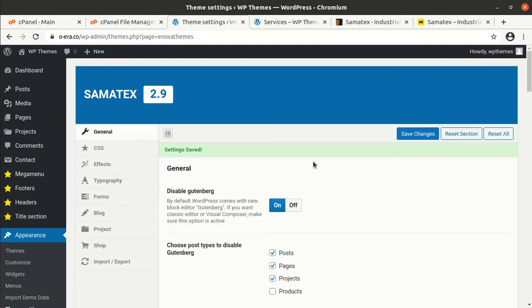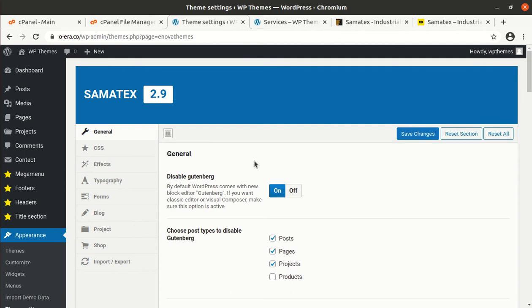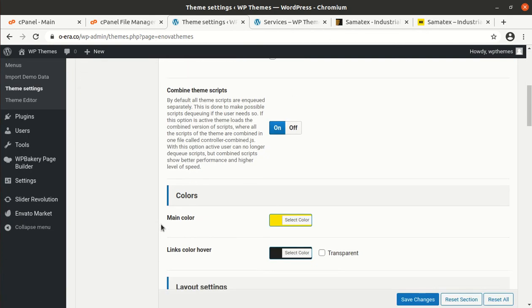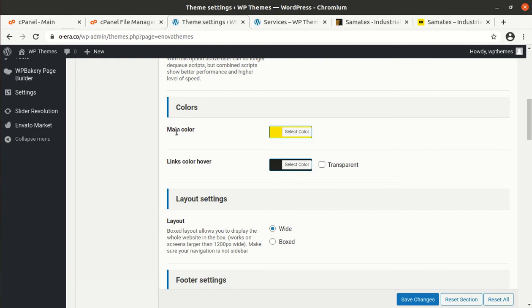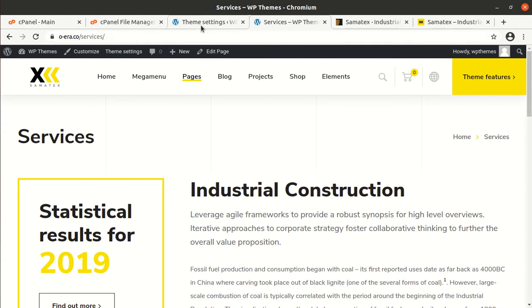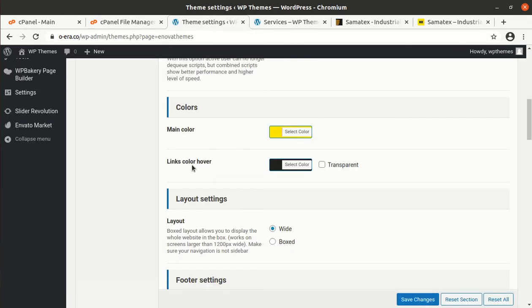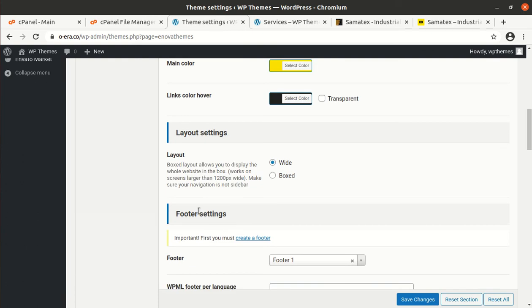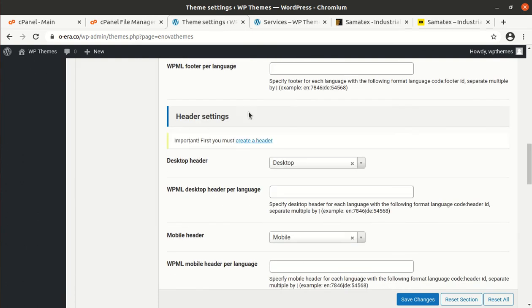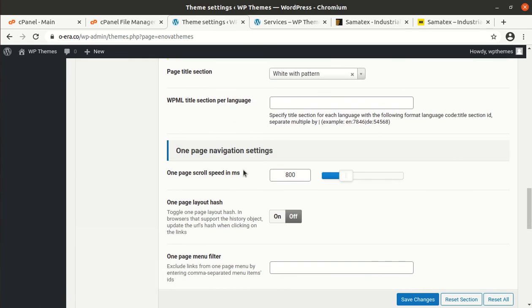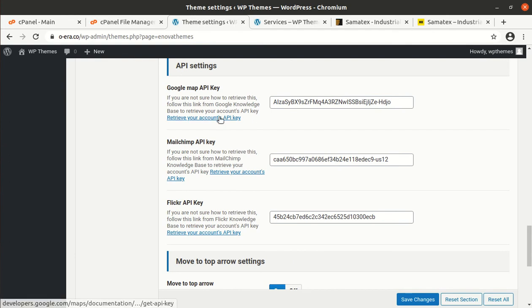Some basic options are here because it does not need many features to set, and we can of course manage the colors. So the yellow color can be changed to our desired color. Link hover colors are here. Layout setting can be done. Header settings are here, and there are many more settings.